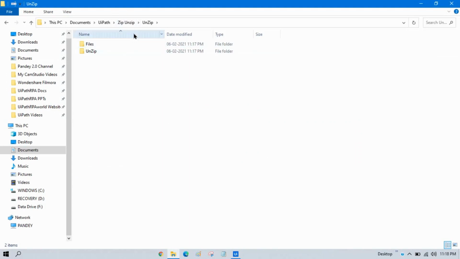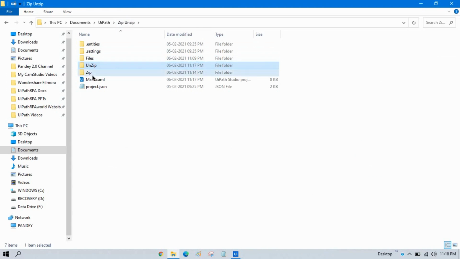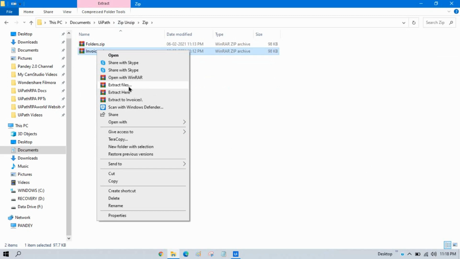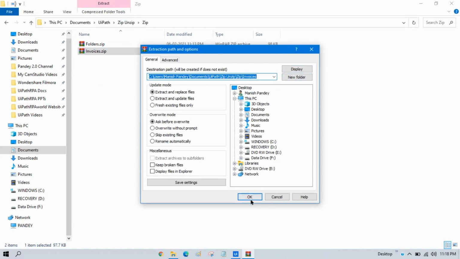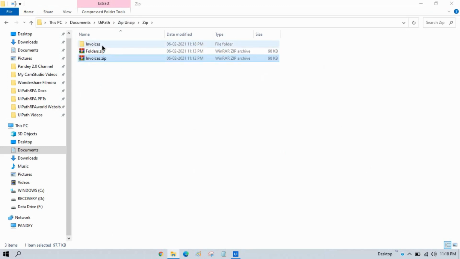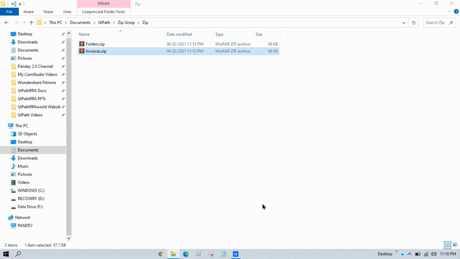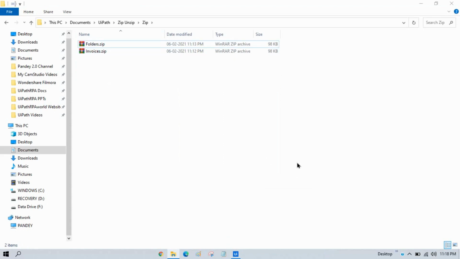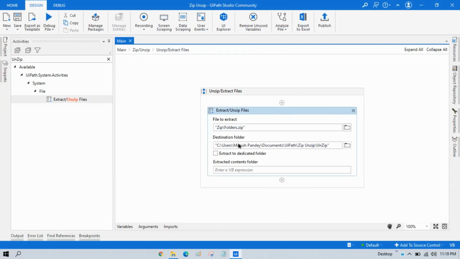So basically this is the same as, I can show you here, we have this zip file. This is the same as extract files and extract here. Extract files means, you can see, if I click on OK, it will create a folder. Now extract here means without creating any dedicated folder, it will move all these files outside. It means it will extract all these files. So that is the same as the checkbox option. Same way you can do that.